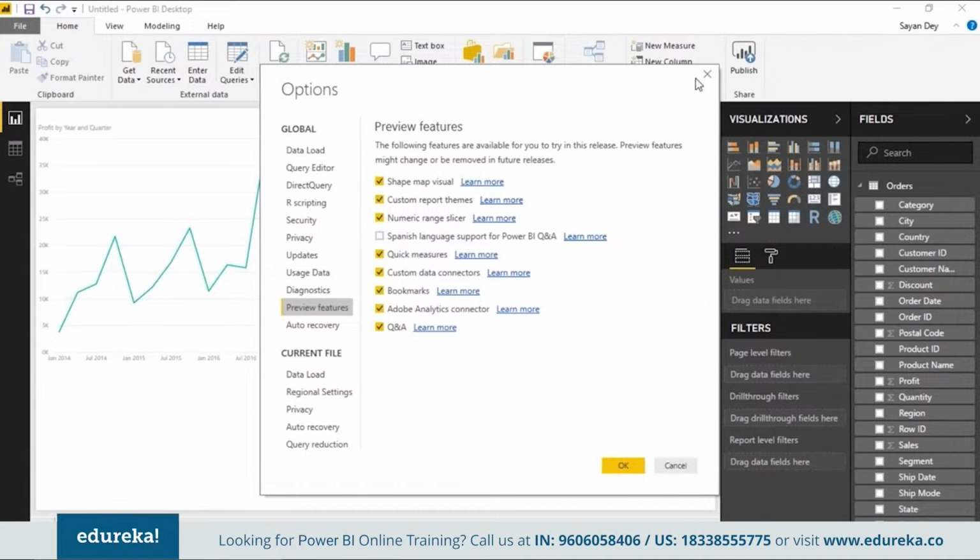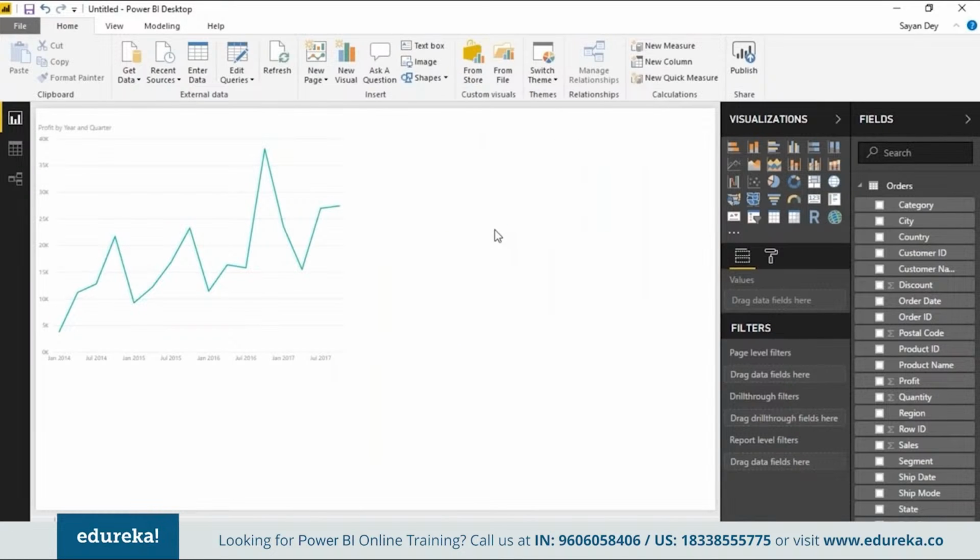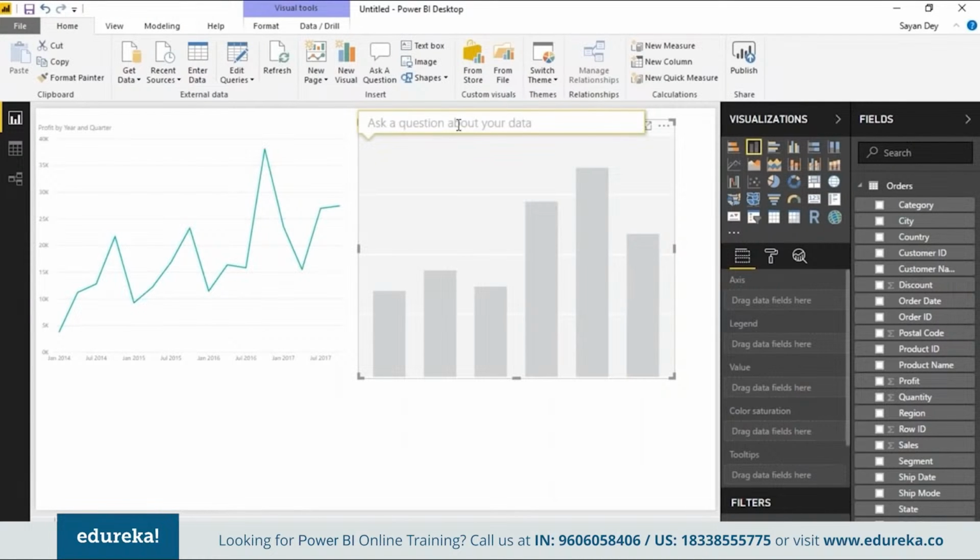All right, so these are all the preview features, and you can see something called Q&A is listed out here. You can just double click on this, and you should be able to see that very familiar Q&A feature which comes up in the service. That exact same thing is now built into the desktop. I will talk more about the service later on, guys, but just to bring this up as an answer to this question, I just wanted to quickly cover this with all of you.